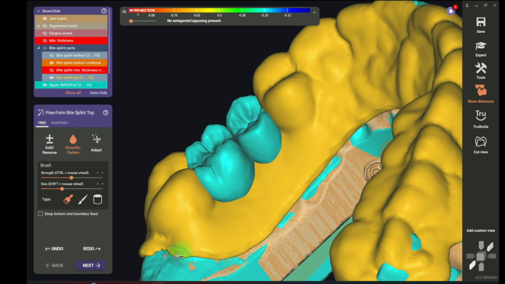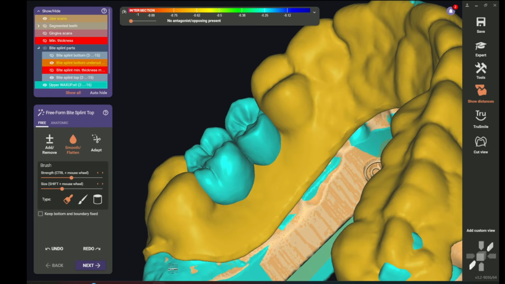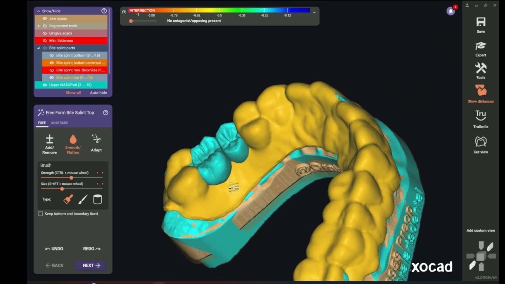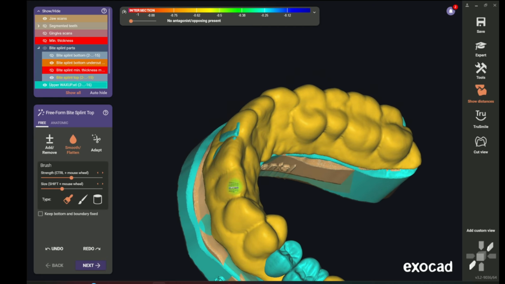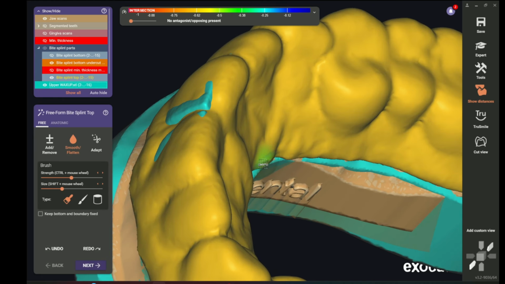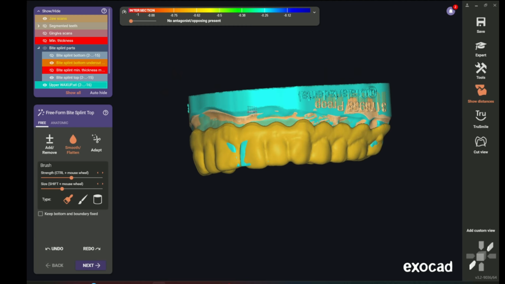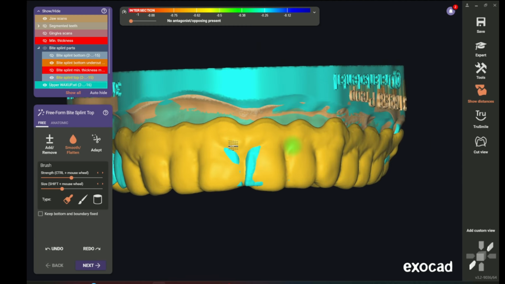We want to make everything nice and neat for them, because the more comfortable the patient, the easier the procedure. So once we've done that all the way around and you're happy with it, we can move on to the